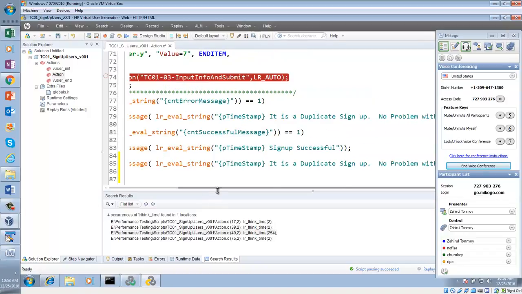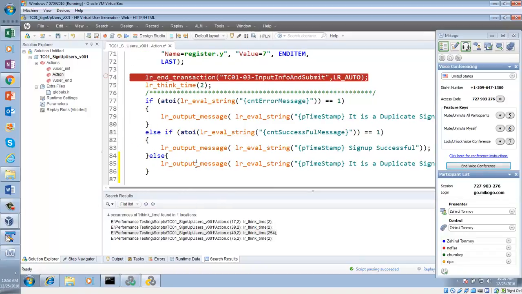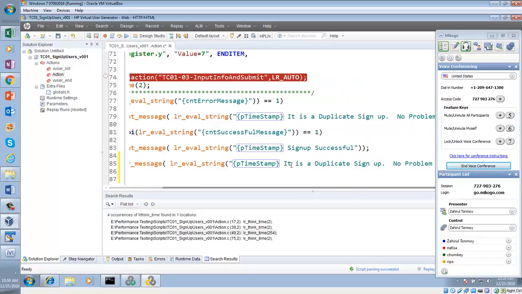Instead of output message, you want to give error message, and then you want to say invalid password.